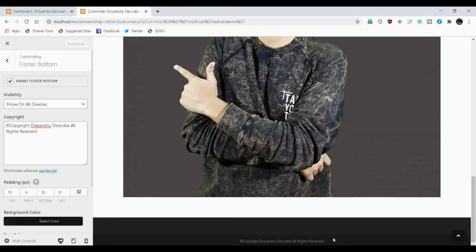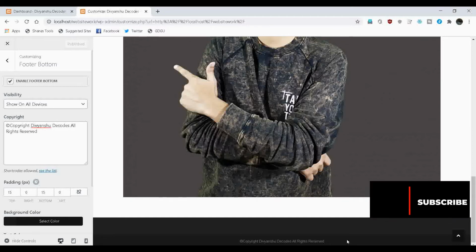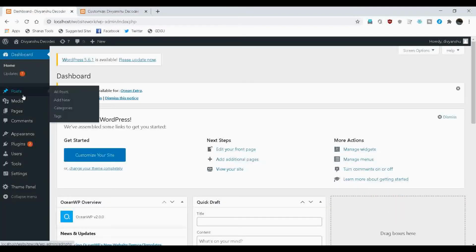Now to design the footer section of your website, what I recommend is to visit some popular websites in your niche so that you can have an idea of how you want to design it, right? What I want on this website is to keep it clean and simple. As you have seen, I have added my own copyright text, and now I want to add a menu that will appear in the footer section, which will consist of the privacy policy and terms of service of our website. So for that, first of all, we'll have to create two pages, that will be privacy policy and terms of service. Click on here, add new.